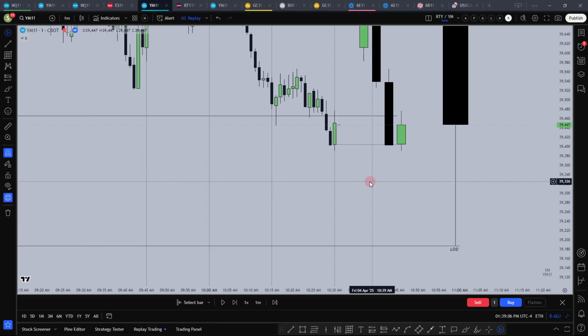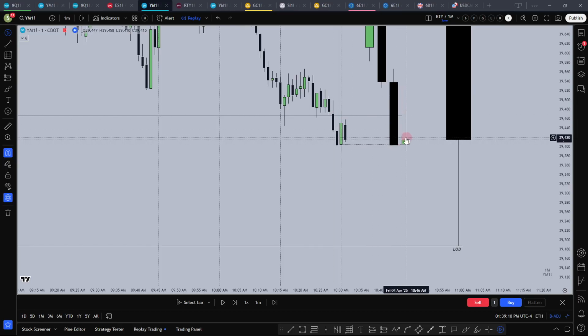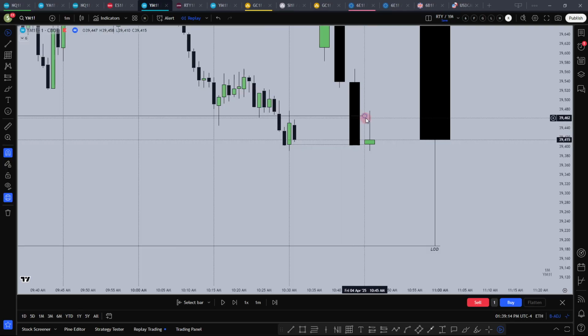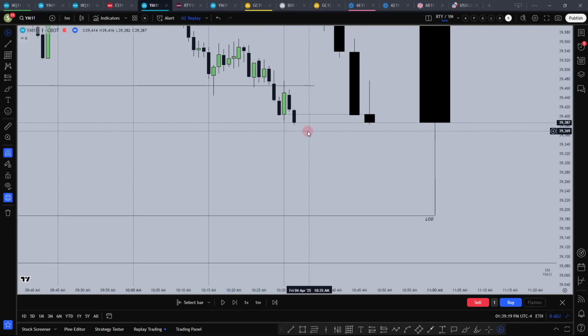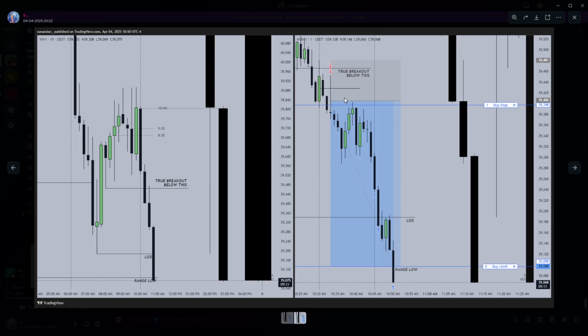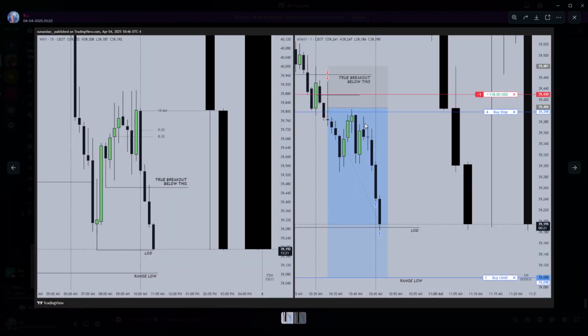So 10:30 opens up clearly telling me signs of 10:30 OHLC with clear true breakout below this. If you can see, close is below. That's where I take my entry. My entry was a bit... this isn't where my entry was. When price came back up, I added to my position. That's why two sells. So I had a bit of better entry.